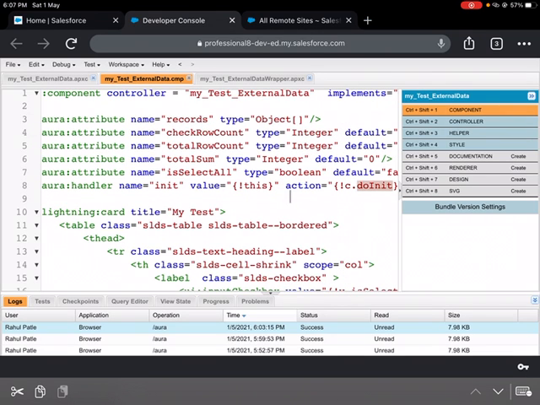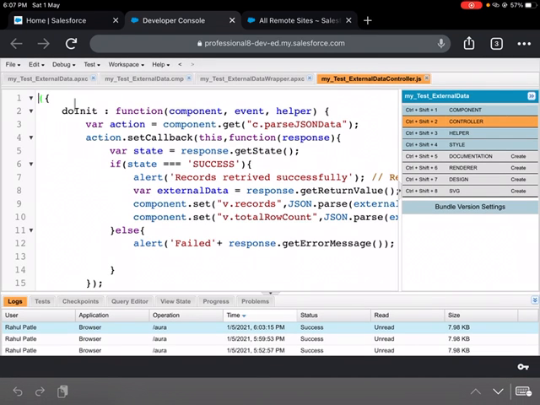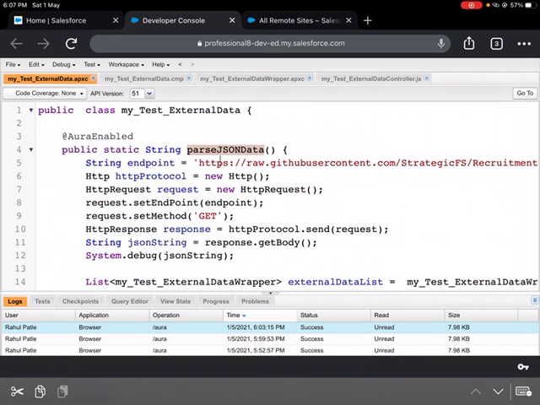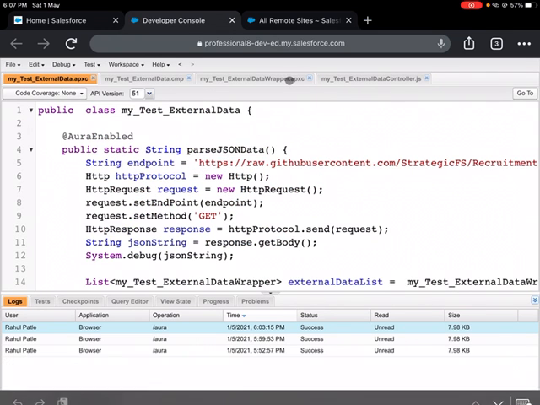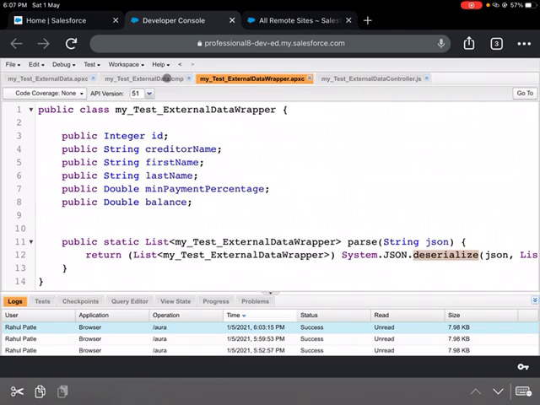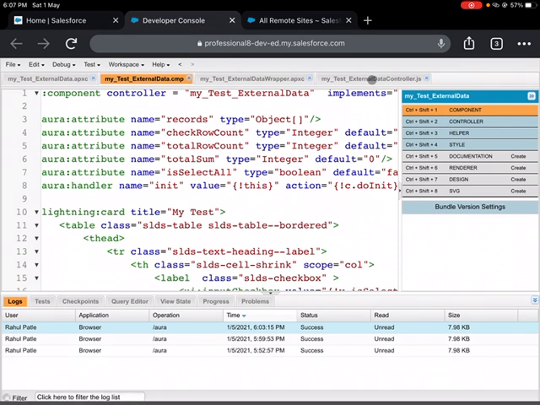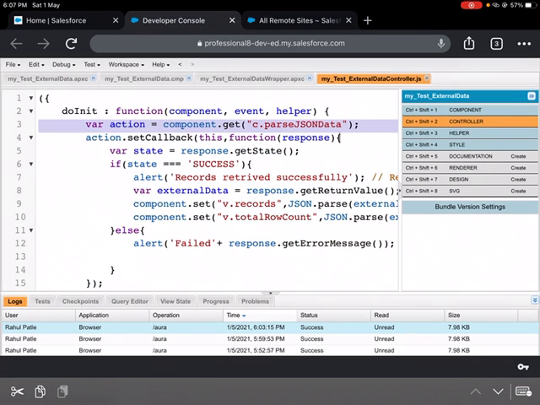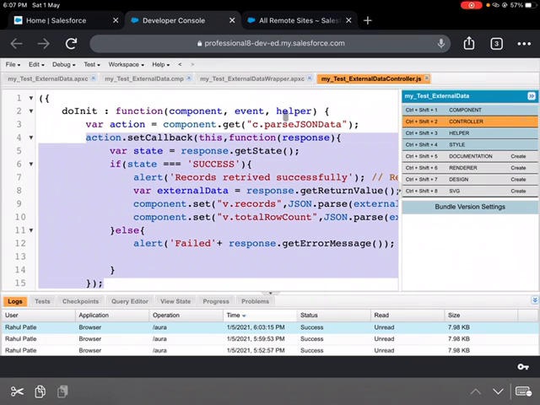At initialization itself, this function is getting called, doInit, and in doInit I'm calling the method of my controller, which is parse JSON data. After calling it, I need to go to JS. Once I get the callback from my method, I'm getting the state, whether I get success or failure.